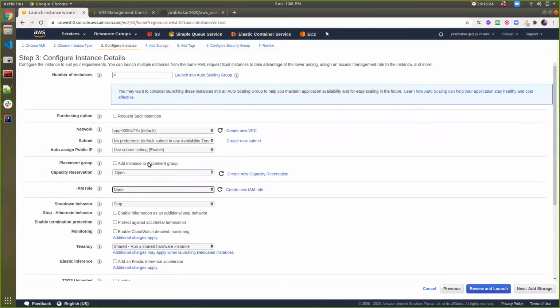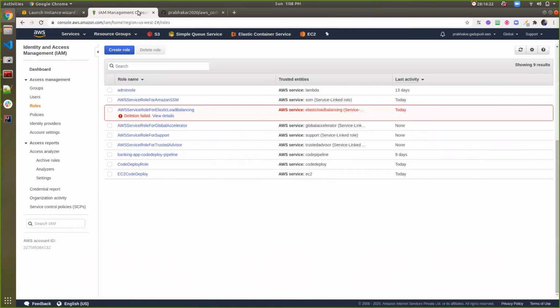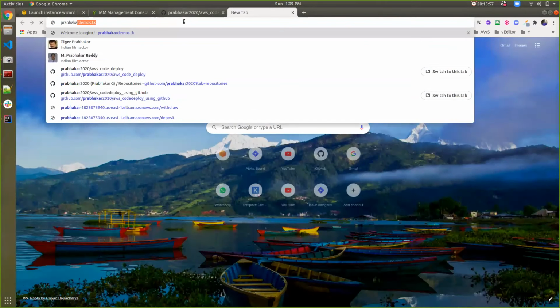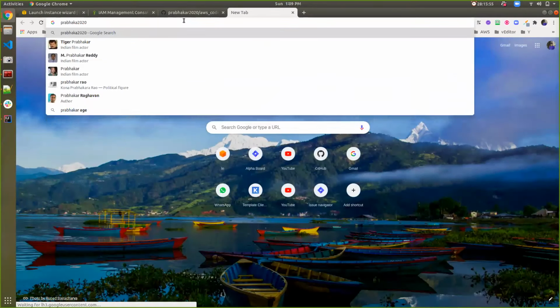So for this role part, you can go to the roles, and here I have created 2 roles. One role I have created for the EC2, and the other role I have created for the code deploy. These roles were already covered in my previous video session, so go ahead and please check that. I have specified that link in the description below. And after that, I already mentioned to go to Windows 2020 and